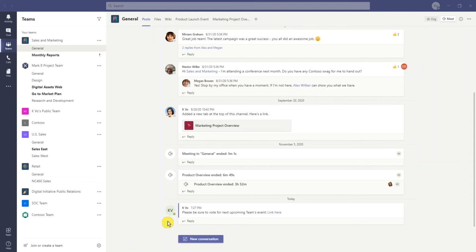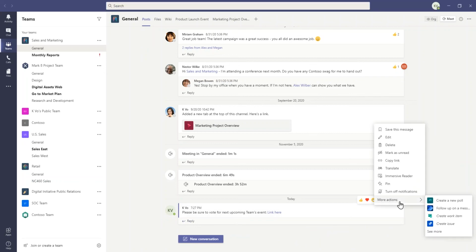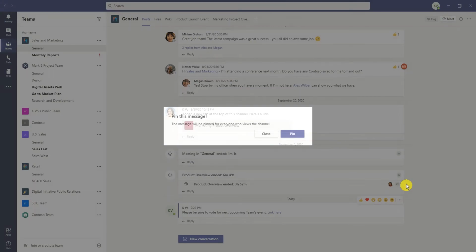Now, the next feature I want to talk about is pinning posts. Here I am on my Microsoft desktop application, and just recently I posted a little message to our team to be sure to vote for the next upcoming Teams event. Now, if a new member joins in and I want to be sure, for example, they join within the next couple of days before this form closes, what I could do is go into the More Options button,